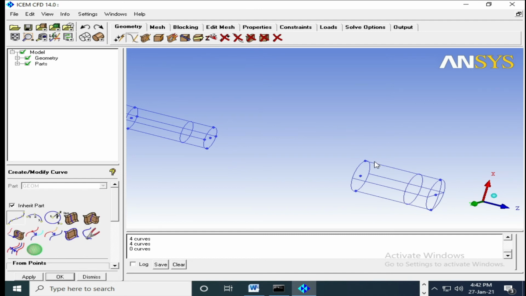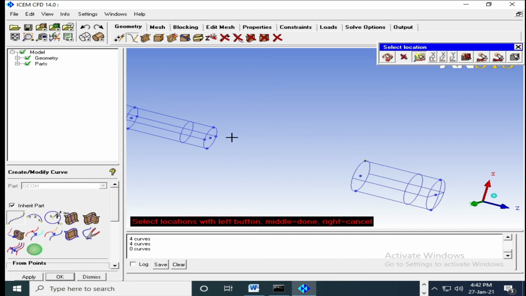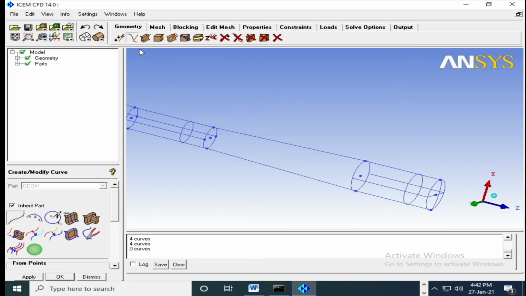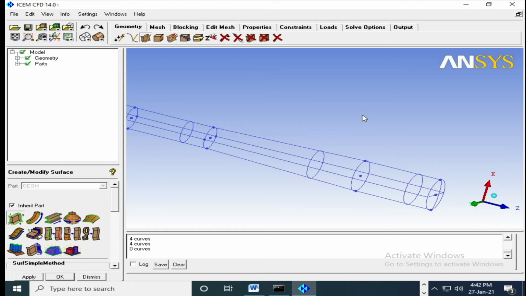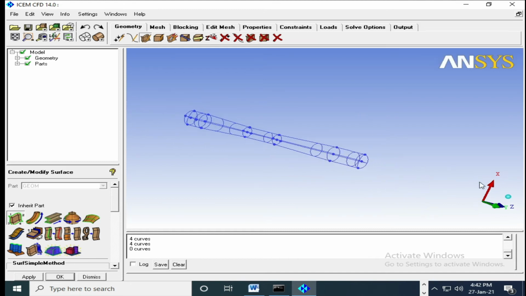Again I will join these 2 points, upper point, lower point. This way I can draw the geometry.